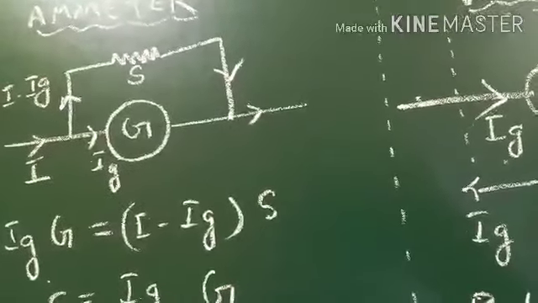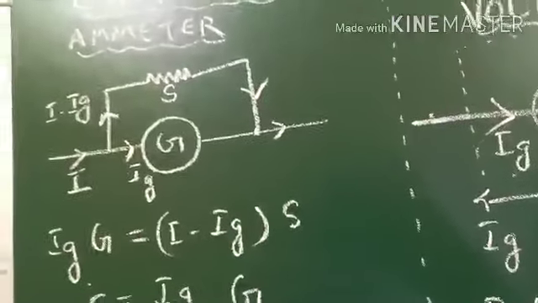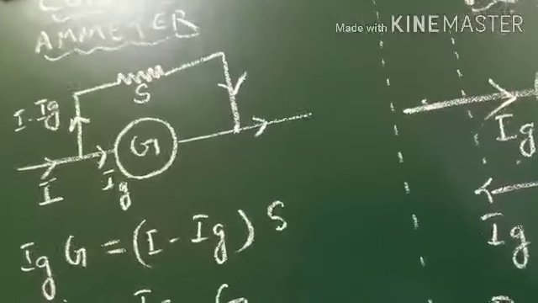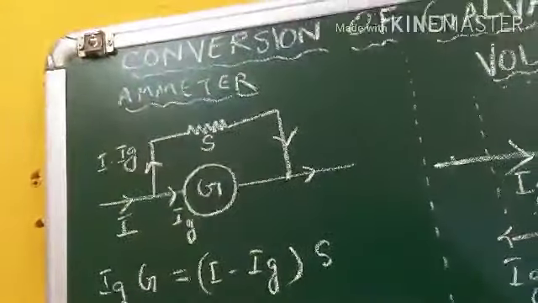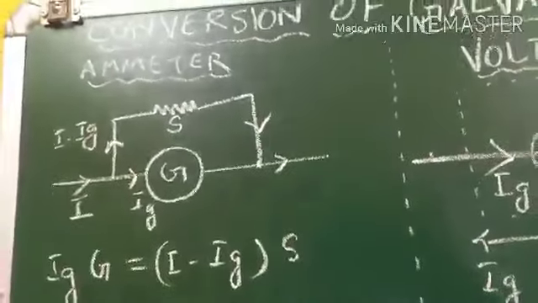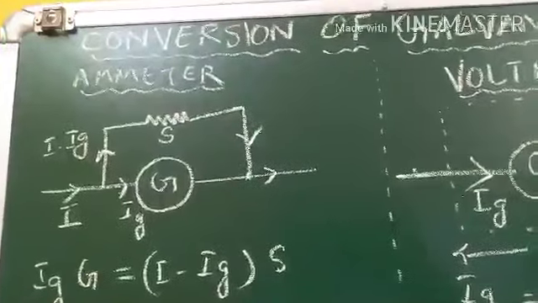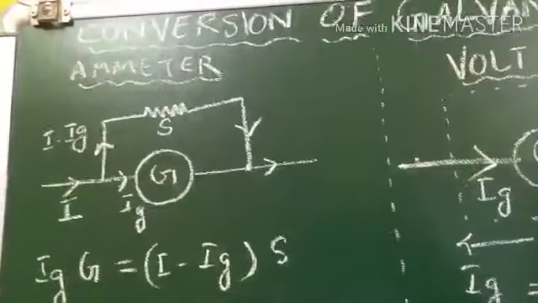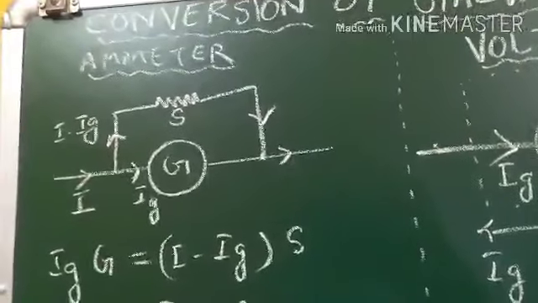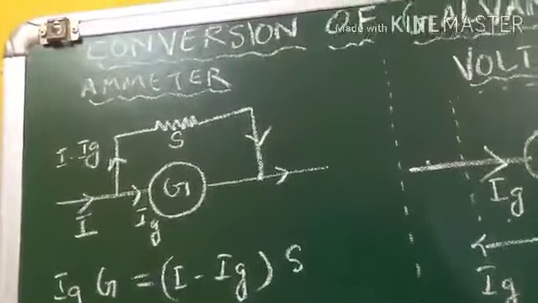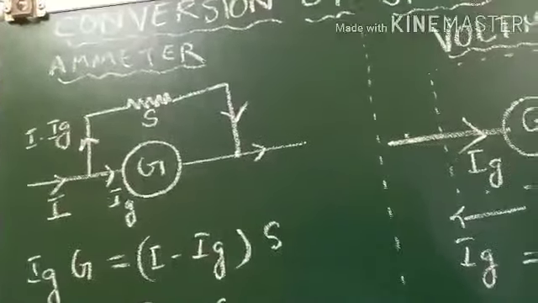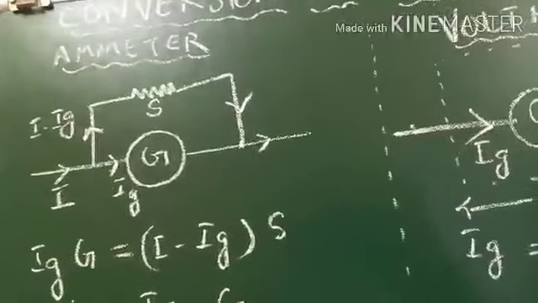An ammeter is a device which is used to measure current through a circuit element. To measure the current through the circuit element, the ammeter should be connected in series. In lower classes, in class 10, you have studied Ohm's law. To measure the current in the circuit, we use an ammeter, and that ammeter is connected in series with the circuit element, so that the current which is to be measured actually passes through it.